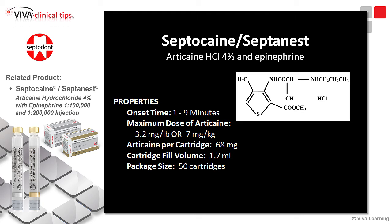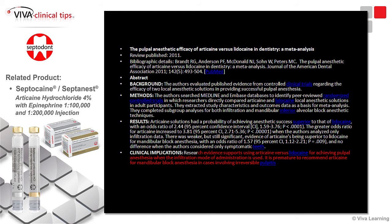blocks with it. Now, the research is very mixed on whether you can or can't, but a number of years ago, research came out to show that maybe when giving a block, you could get some paresthesia with Septocaine, so we just stay away from it. We don't do it. But here's a study that was done in 2011